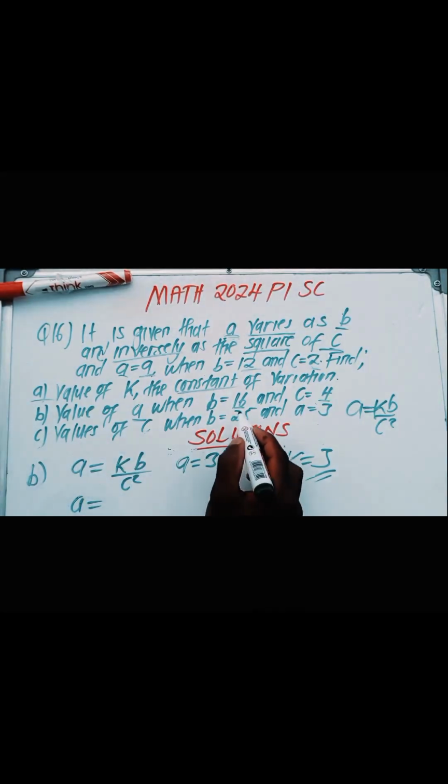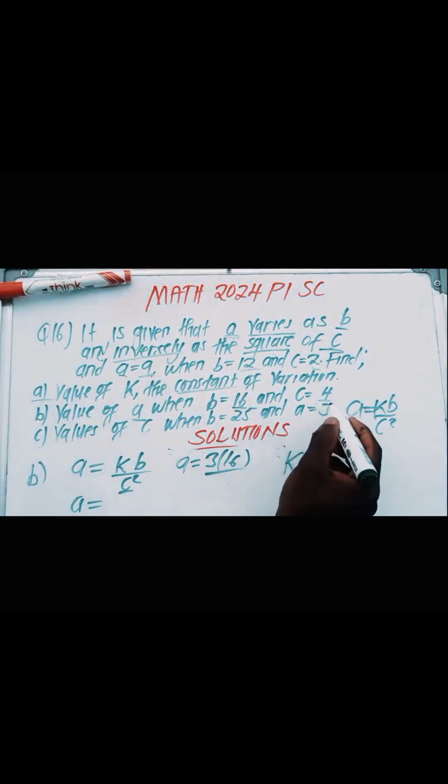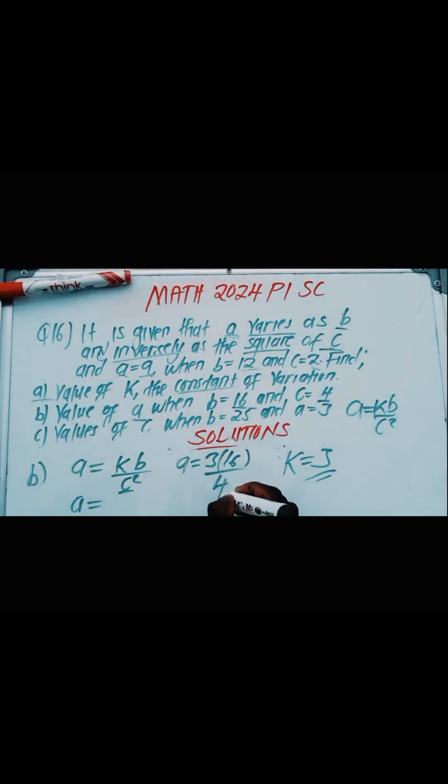The value of B, what is the value of B according to the question? It is 16. Divide by, what is the value of C? The value of C, you have been told that it is 4. But remember to include the square. Okay, it is 4 squared. All right, so now after having done this,